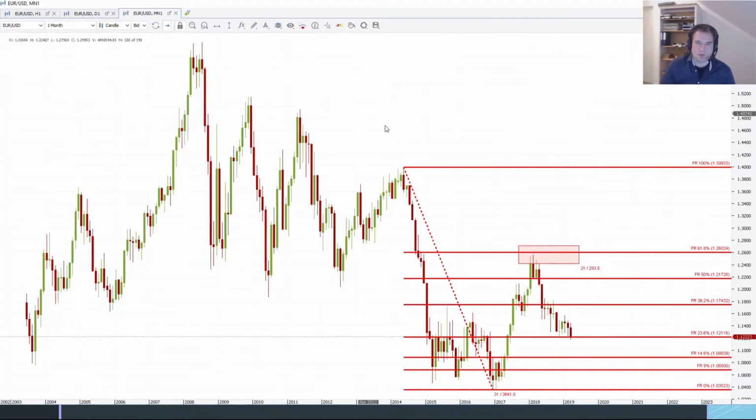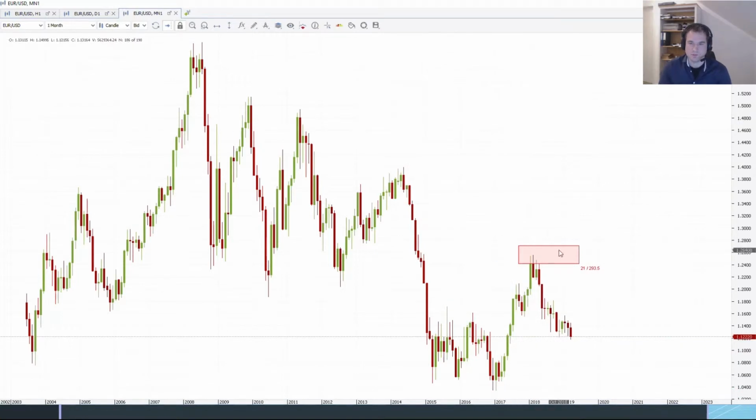And the other one was obviously wrong. If we go back to a 1 hourly chart, we'll delete this one. Also, we'll delete this rectangle. If you go to a 1 hourly chart,